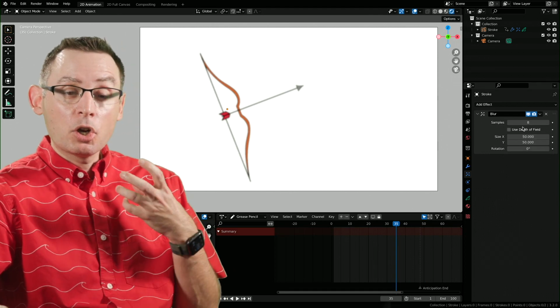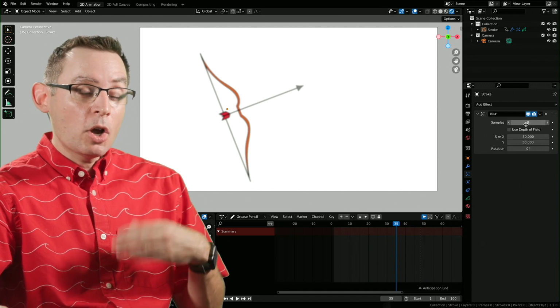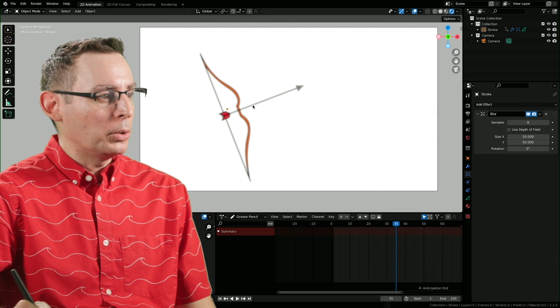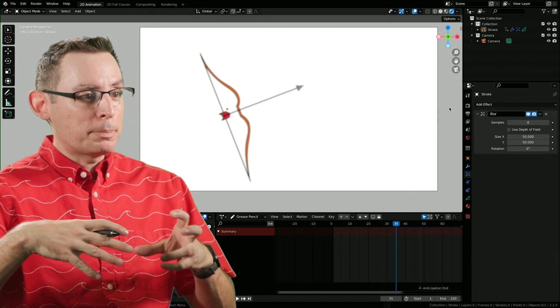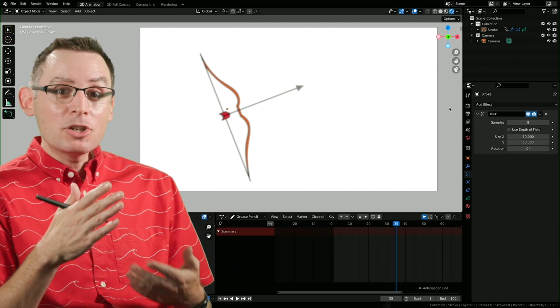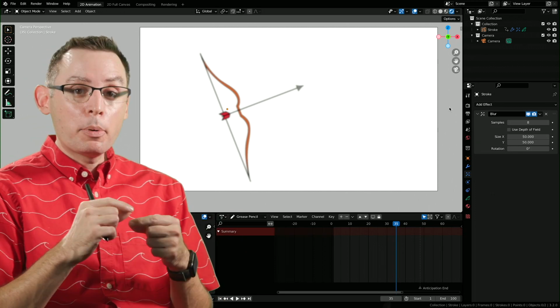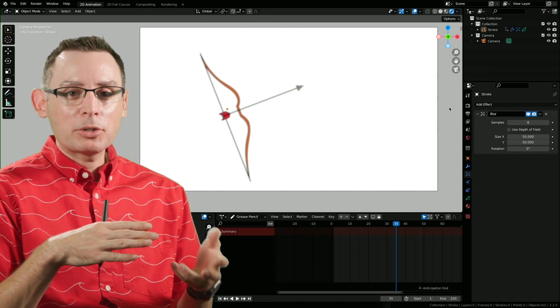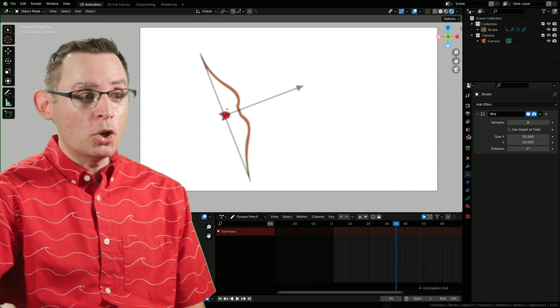The samples is the quality of the blurs. If you keep going up, it's going to take longer to render, FYI, but it's kind of nice to be able to blur things from time to time. Remember, it's blurring everything. So if you just wanted to blur one component, you'll have to engineer your scene to do that. Maybe put it on a different object or duplicate the grease pencil object and then delete everything that you don't want to be blurred.